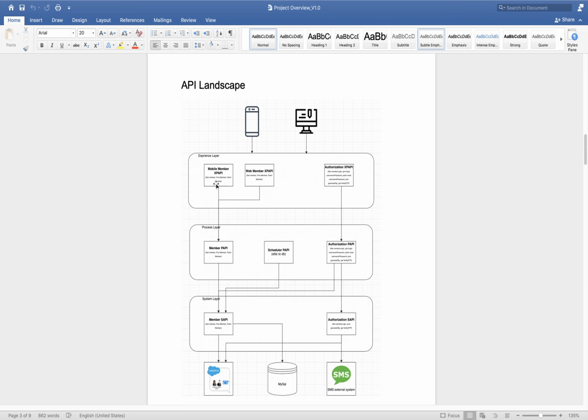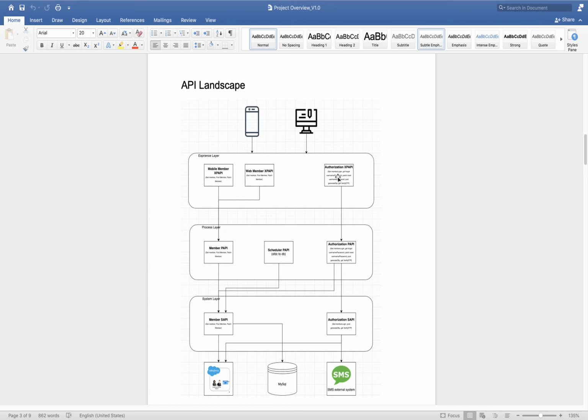Generally in the experience layer we do transformation, send the required set of data to different experience systems, and apply required policies. Mostly in the experience layer we should apply either OAuth or JWT. In our project we are going to apply a JWT token.